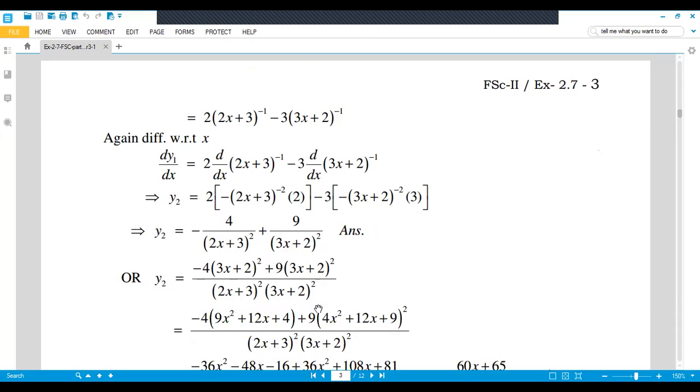Now if you want to take LCM, so you will take LCM, 2x plus 3 whole square and 3x plus 2 whole square. So when you take LCM, you will get this, and here you apply a plus b whole square formula, the first term square plus 2 into first term into second term plus second term square, and here again a plus b whole square formula, so first term square,